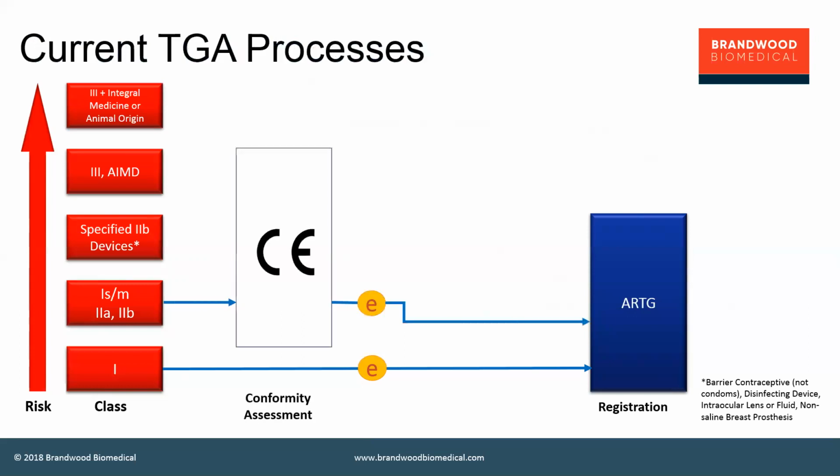For class 2As, 2Bs, and class 1 sterile or measuring function devices with a CE mark, where the conformity assessment is supported by a CE certificate, similarly, you can file and go straight to the register once the TGA have verified that the device is within the scope of your certificate, and that can be a very quick process. Our record for that is, in fact, a 24-hour approval, where we've had something approved the next day. Usually, it's a week or two. Sometimes it can be a few